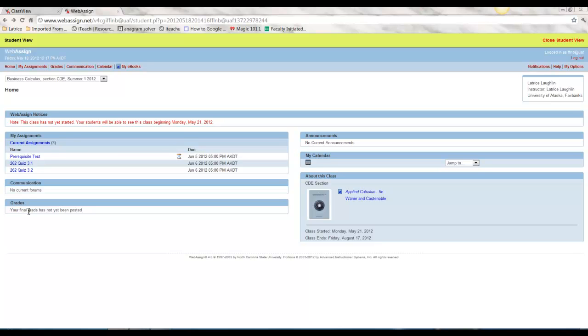On the right side of the screen, probably the only thing we'll be using there is your About the Class. So you'll notice under About the Class it has a copy of our textbook. Notice it does look a little different if you bought the customized version from the bookstore, but it's still the same text. If you look to the left there, there are links to